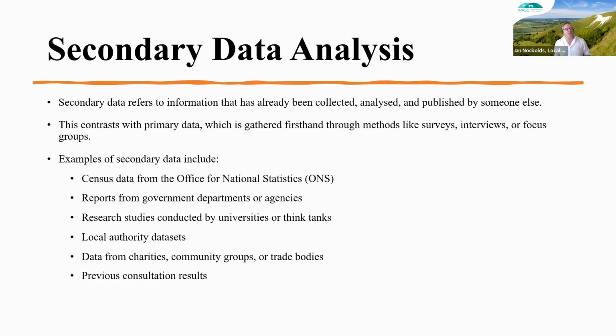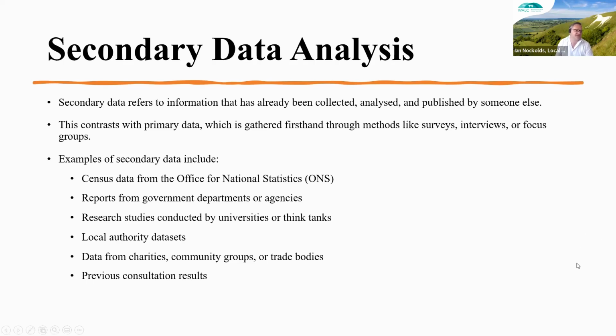So that's data that already exists. It's already been published by somebody else. I guess the example that we're all most familiar with will probably be the census, the information you can get from the census office. I don't know how many of you have gone online and had a bit of a play around with that data, but it can be very localized. It's a tool that, if you're not familiar with, then we could even do a session just on that, because it's actually informative. There's a massive amount of data in there. It will tell you some really interesting things about your community.